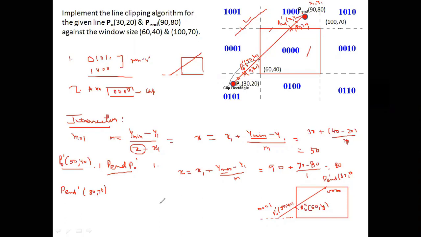We know that the slope of the complete line is m equal to 1. We have already calculated it. Now for this endpoint, what will be the slope? If I write the formula, we will consider this as x1, this as y1. So m is equal to